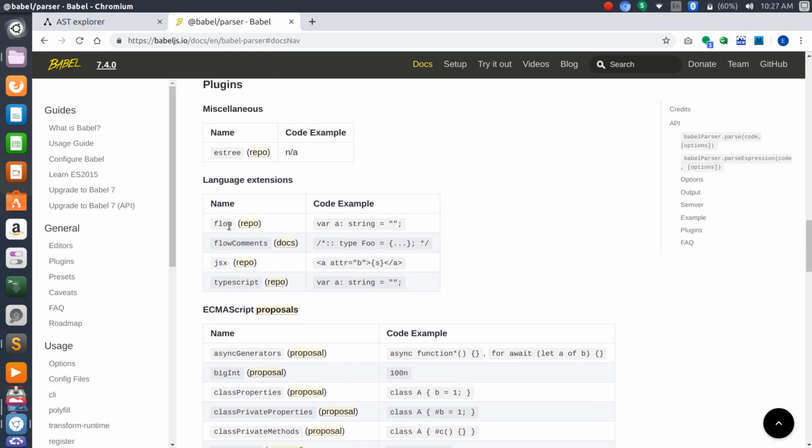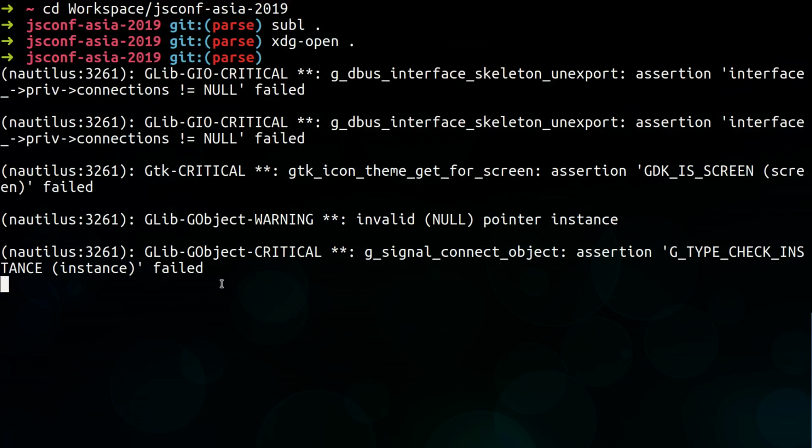Also, additionally to that, there's language extensions. So you can parse Flow, JSX, TypeScript. Yes, it can parse TypeScript partially, not everything. TypeScript actually has a dedicated parser for it and a dedicated compiler, but it's still a nice thing to have that it supports it. Anyways, I would like to show you an example